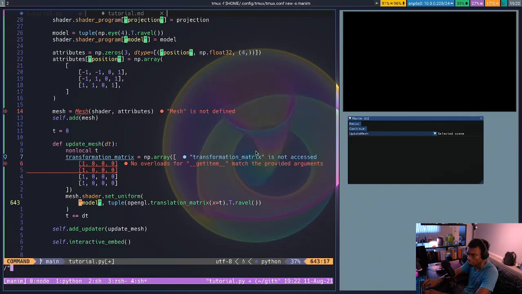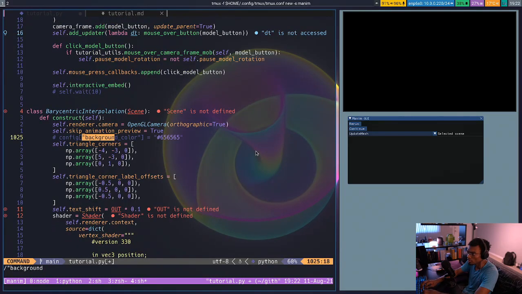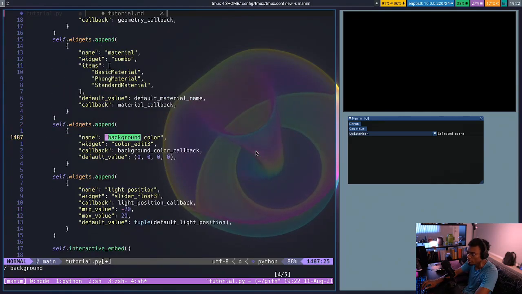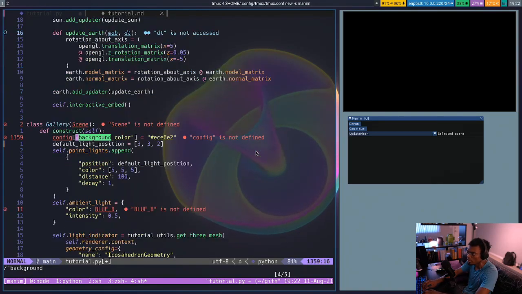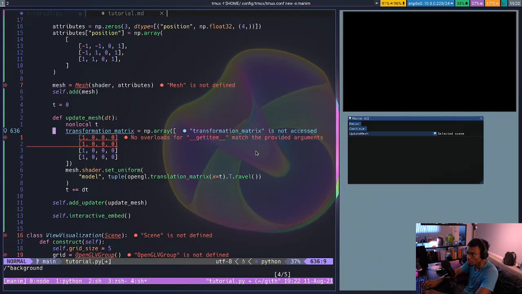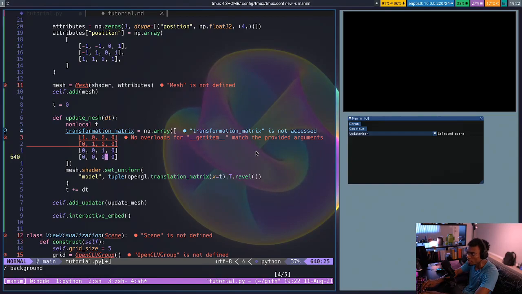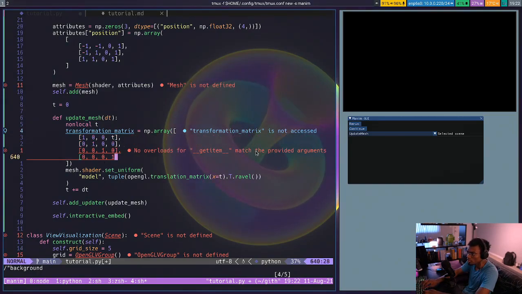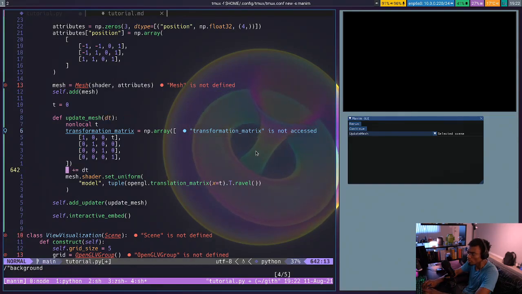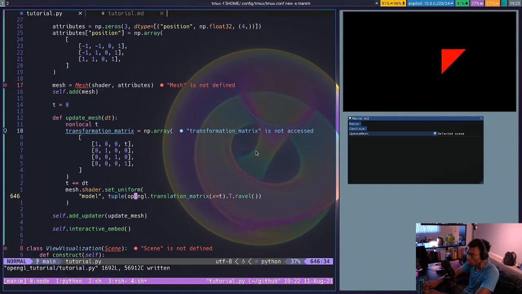I might have done it for background color or something. Yeah, so I did it for background color a few times. But I don't do it for any reason. Make that a 1, that a 1, this a 1, and I'll just put T here. Okay, then